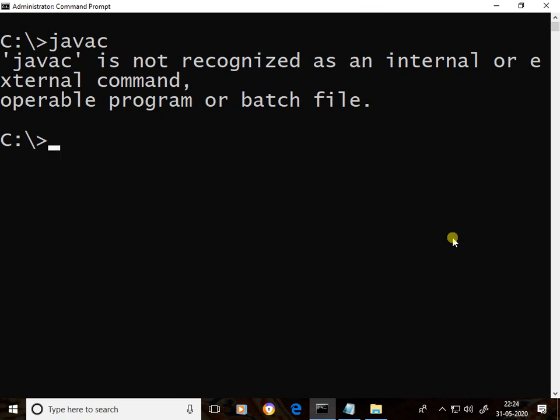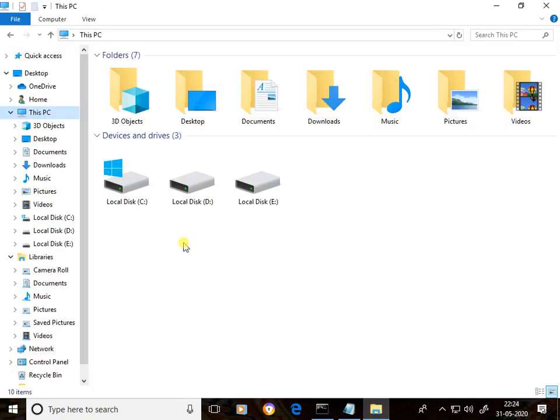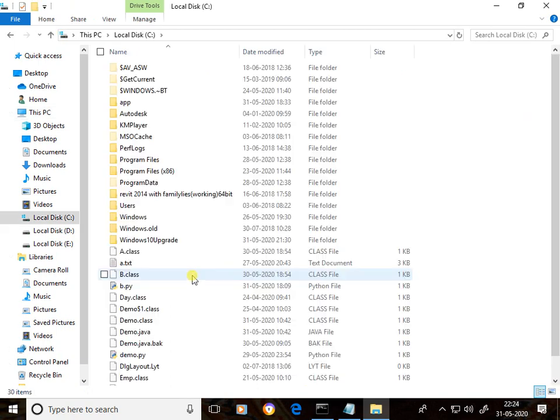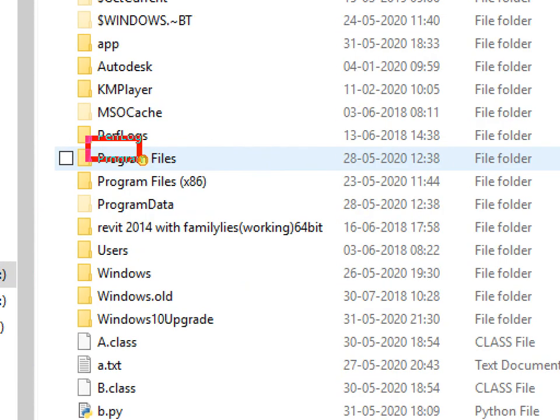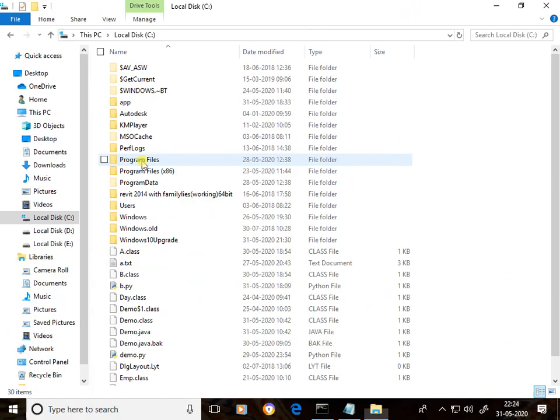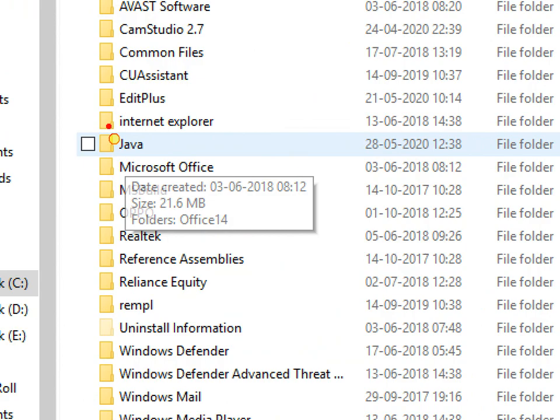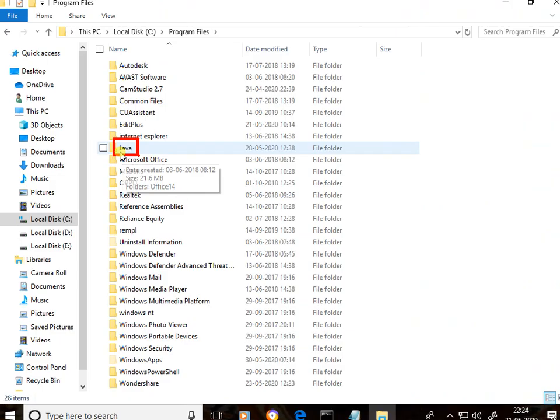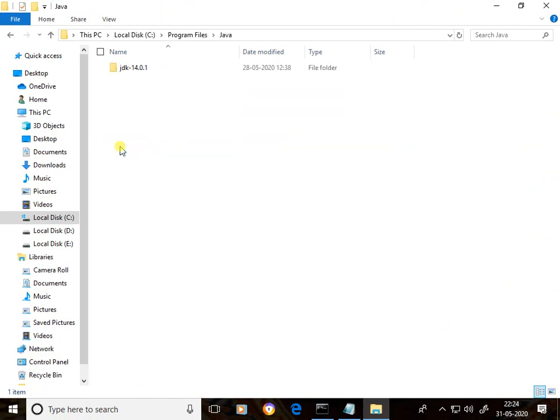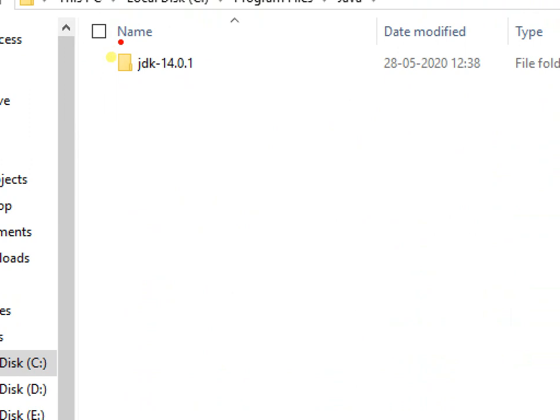Say our Java software is installed in C drive, here Program Files, here Java folder. In the Java folder, JDK 14.0.1, that is the version.